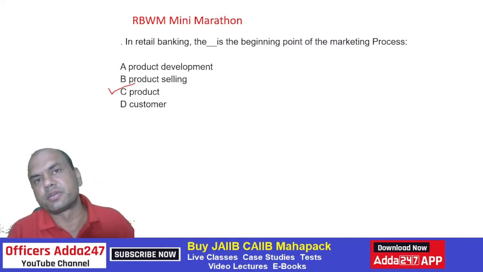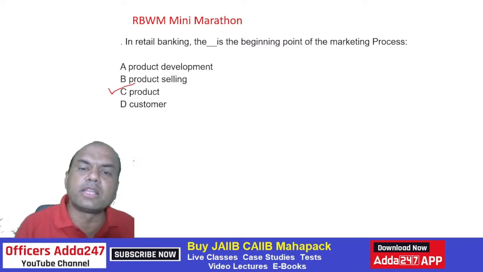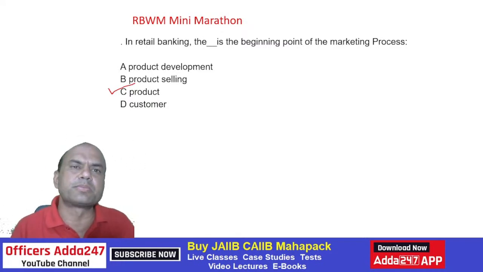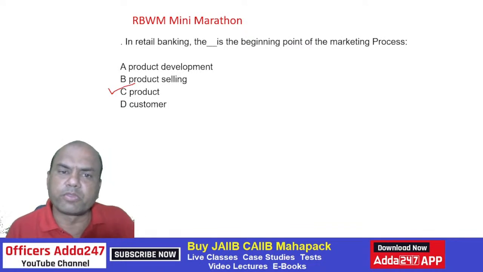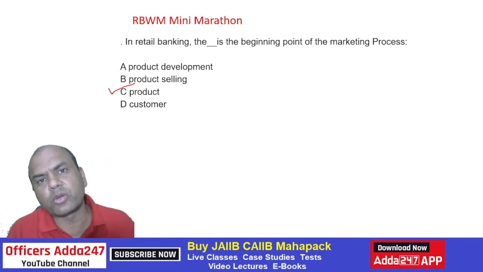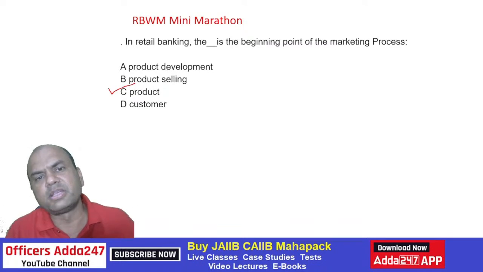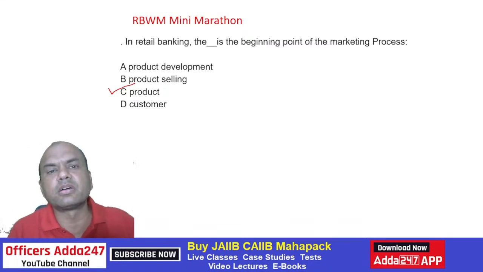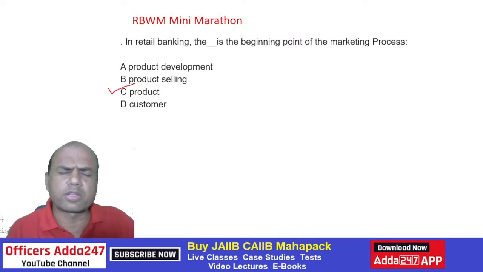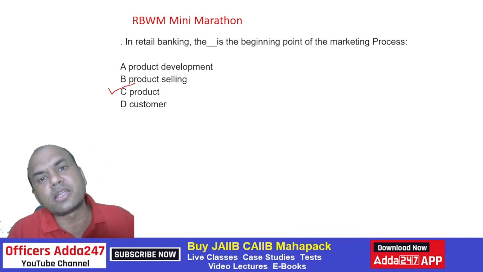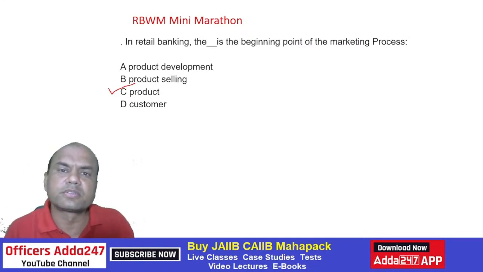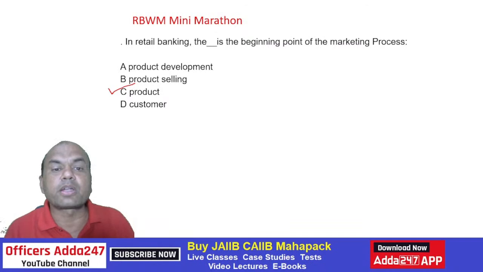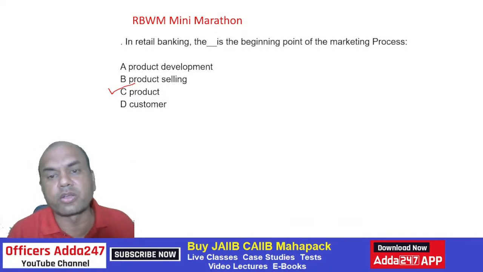But product is important. Suppose if I have good relationships with the client, very good relationship. Suppose there is a client of yours. You also have many times some clients in the branch. You have very good clients, good relationship, but your bank doesn't have that product. Means the customer wants, let's say, some reverse mortgage loan. Very good customer. But your bank doesn't have the reverse mortgage product. In that case, what will you do? It's of no use, right? So that's why product is the main part. It is the starting point of any marketing